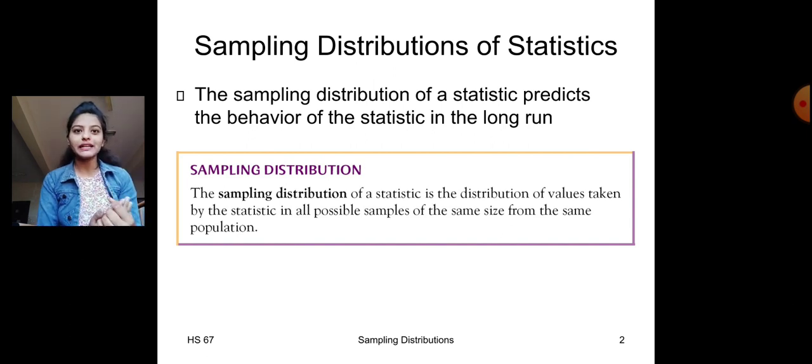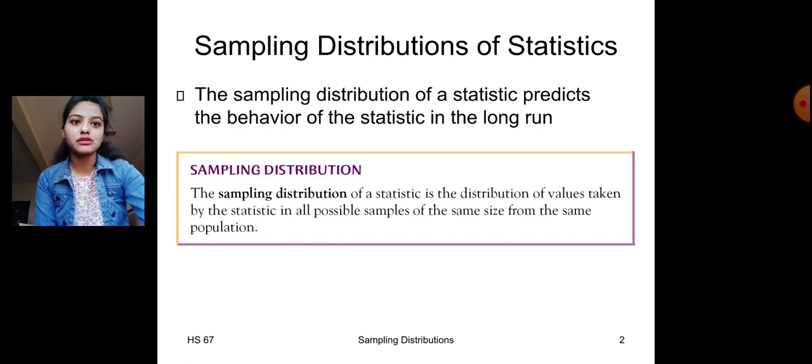When we have collected data from various individuals, we get a sample, and in that sample, suppose we have 100 samples, we will be grouping each of them based on their mean. We will be taking the mode for their heights or weights, etc. This sampling distribution will be able to predict the behavior of statistics in the long run, what it can be in the future, and any changes in the variables, like the heights or weights that we have taken.